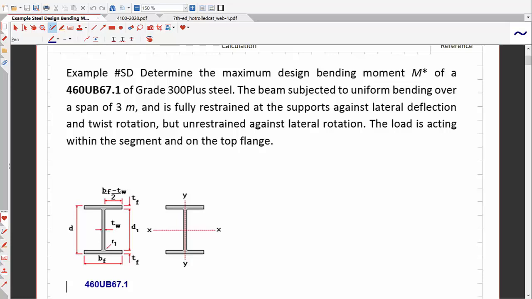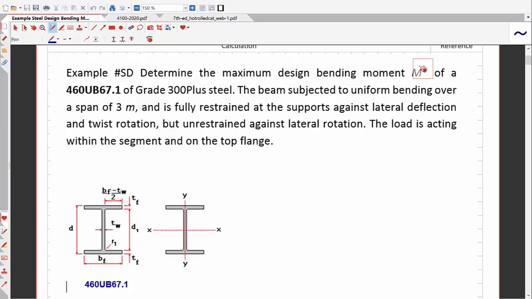In this example, we'll be looking at how to analyze a beam where there is a lateral torsional buckling possibility as well. So we'll be trying to find out the member moment capacity along with the member section capacity as well. So in the question, what is given is that we have a 460 UB